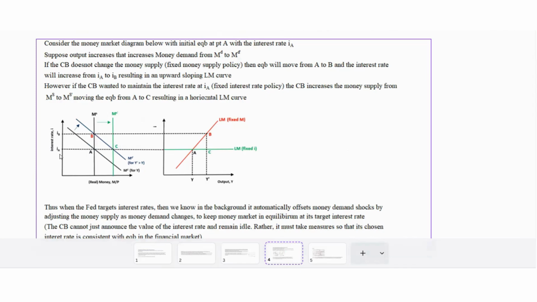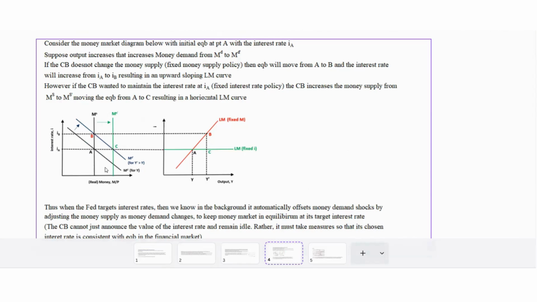So we get an upward sloping LM curve. However, if the central bank wanted to maintain the interest rate at IA, it wanted to follow a fixed interest rate policy. So to keep the interest rate at IA, once income increases and money demand increases, the central bank would have to increase the money supply from MS to MS prime to keep the interest rate at IA, right? Because if it did not, there would be pressure on the interest rate to increase, like we saw in the case of fixed money supply policy. So to keep the interest rate at IA, the central bank increases the money supply from MS to MS prime to accommodate the increase in money demand, and that moves the equilibrium from point A to point C,